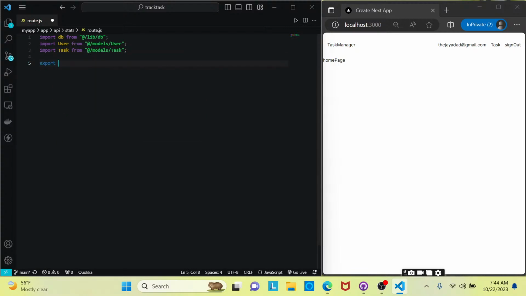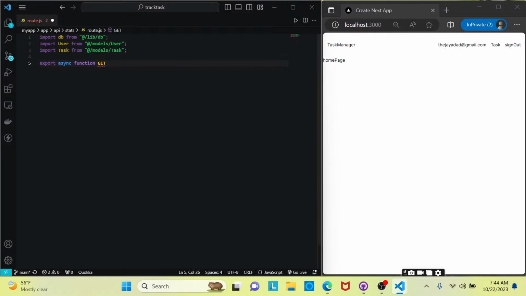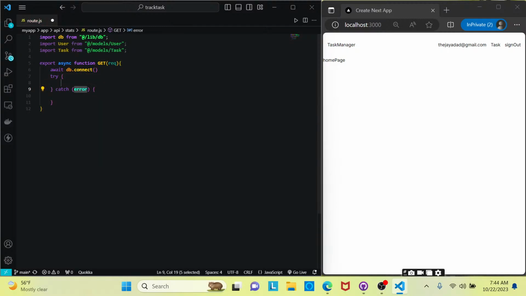And here we'll go export, and this is going to be a GET request, async function GET. And then we'll pass in a request. So first, we'll always start with a connection to our DB. And we'll add a try catch block. And we'll start with,